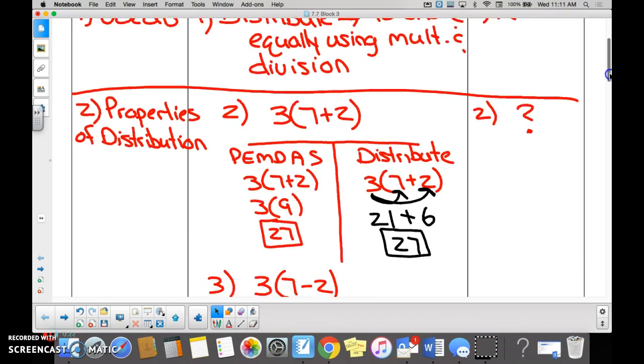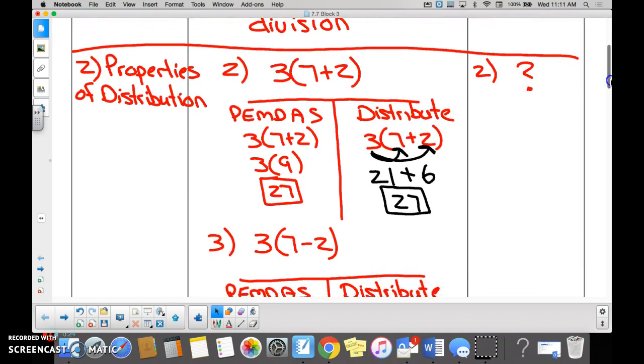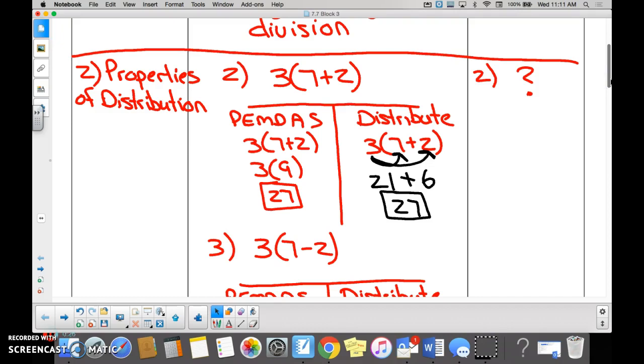So we talked about, starting off with multiplication, properties of distribution. This problem right here can be solved in two ways. The way that you've been typically solving it is PEMDAS. You can see how you solve that using PEMDAS, combining 7 plus 2, multiplying by 3. Or our new way of doing this, you guys, eyes are up here, is to distribute using arrows. 3 times 7, which gives us